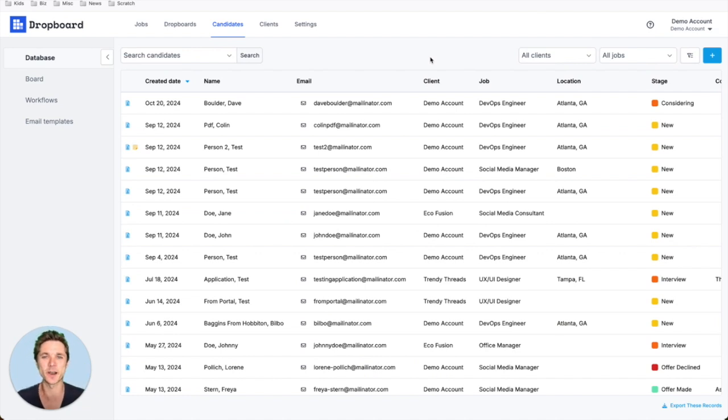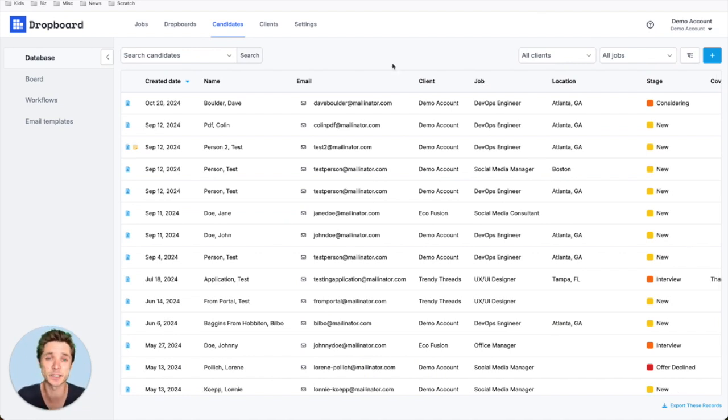Hi, today we're going to talk about the candidate database. The candidate database is a place for you to dig through and browse your candidate pool. Your candidates show in a list like this that's sortable and exportable to a CSV file, which you can import into